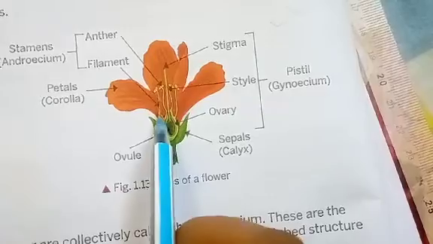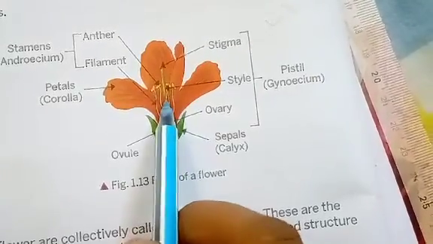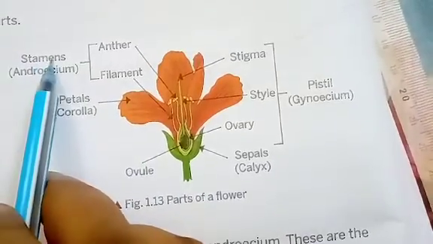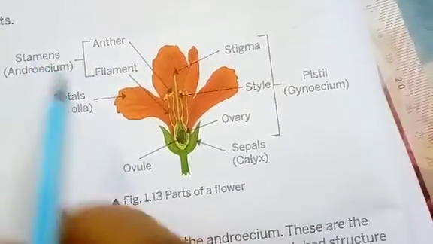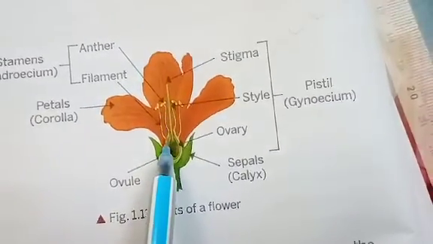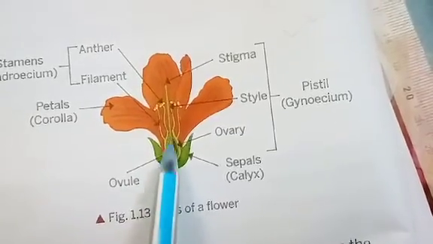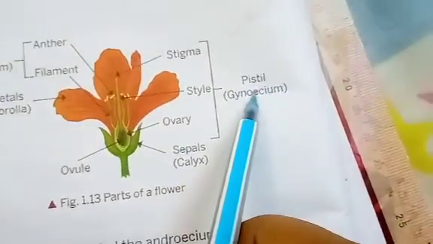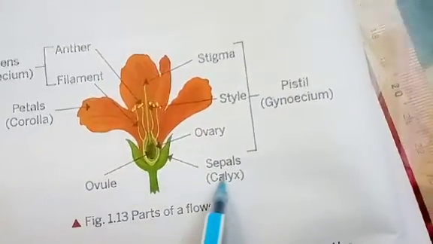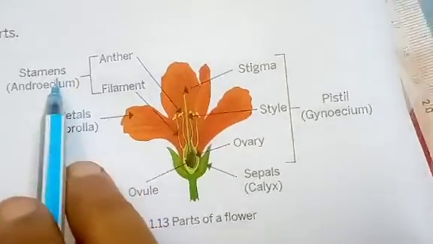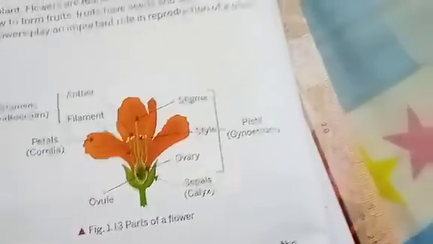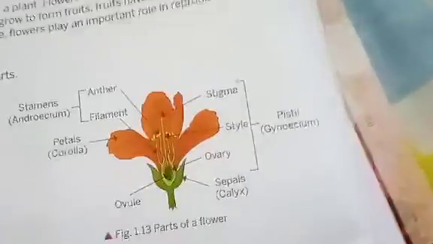Third one, you can see here coming out these structures. You can see these 1, 2, 3, 4. These are called stamens. Finally, in the center you can see there is a long tube-like structure, and at the base it is swollen. This is called the pistil. So how many parts I said? 4 parts. What are they? Sepals, petals, stamens and pistil. These are the 4 major parts of a flower. Now you will read about it in detail.